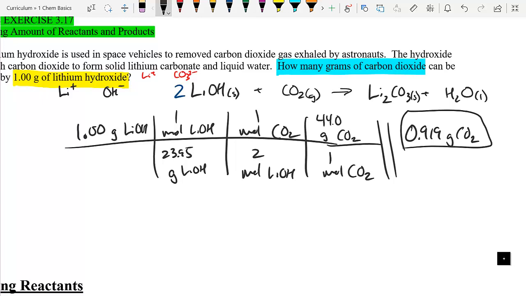So that should hopefully wrap up this idea. We're going to get really, really comfortable with doing these conversions. And then I'm going to talk about limiting reactants next. But we'll do a quick pause and